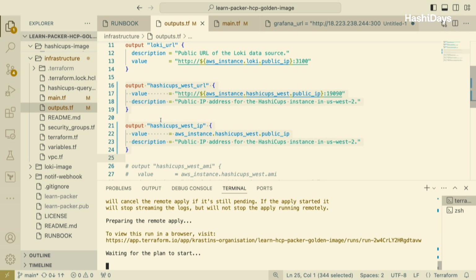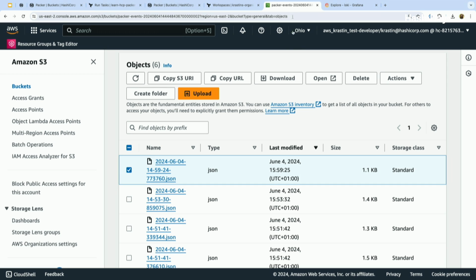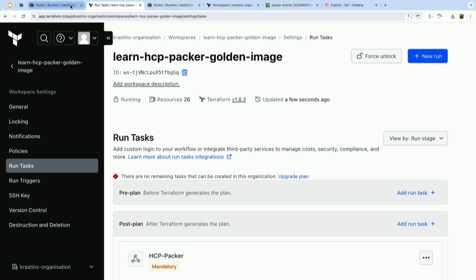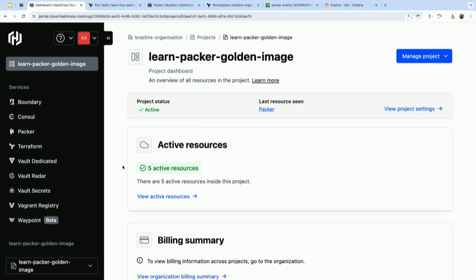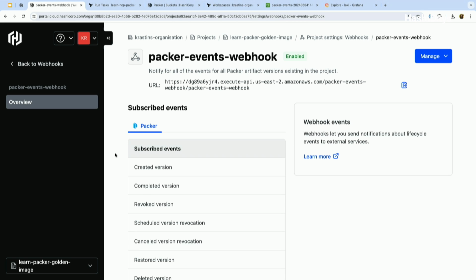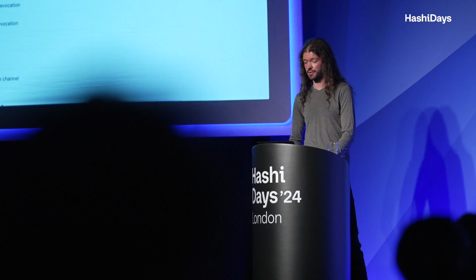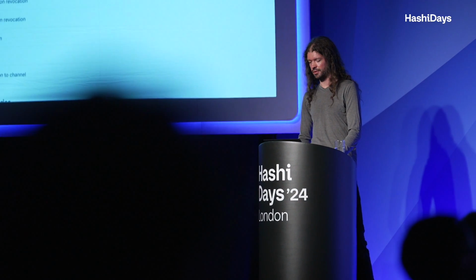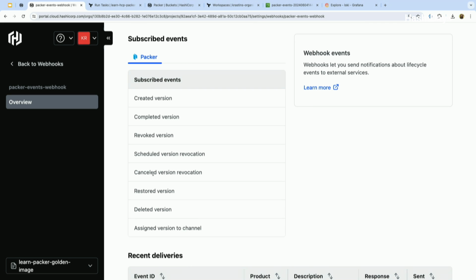And while this is running, we can take a look again at our events. However, we will not look at the JSONs now. We're going to look at another part where we can see the events, and that is, oh, my bad. We'll go back to HCP, and I go to my project. Now, the quickest way that I found to find the webhook is through the active resources right here. So this is our webhook. You can see all the events that this webhook has subscribed to. Just for Packer here, it's about all the version manipulations and all the channel